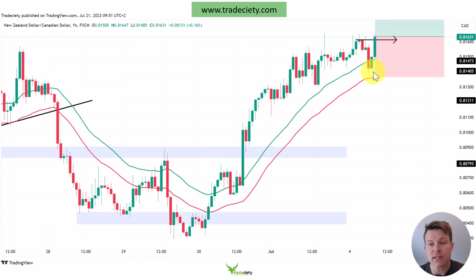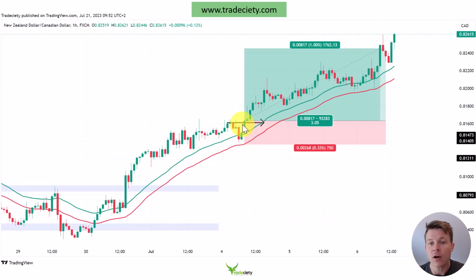We have a push inside of the channel and then the rejection. This is the channel rejection signal. Then you can see the market trades above the moving average channel and continues the uptrend. You could have traded your stop loss along the moving average here to secure your profits and then ride the